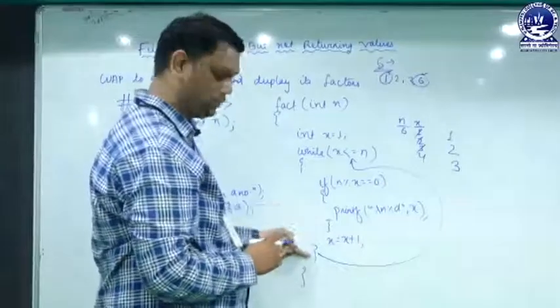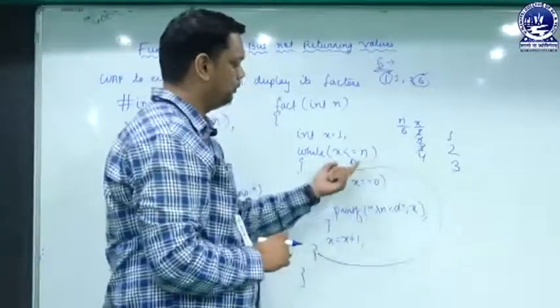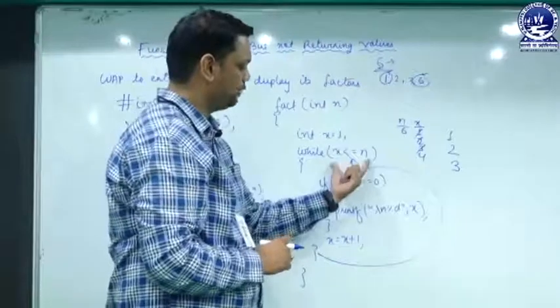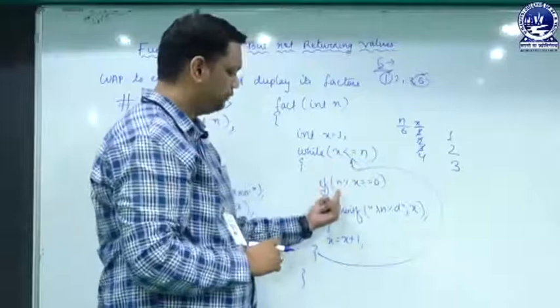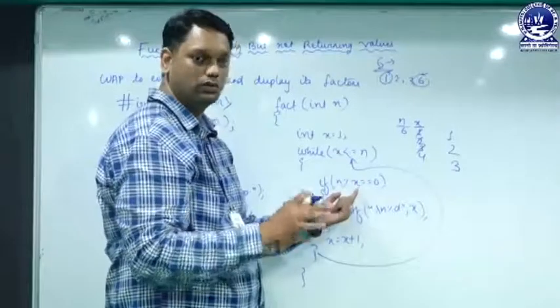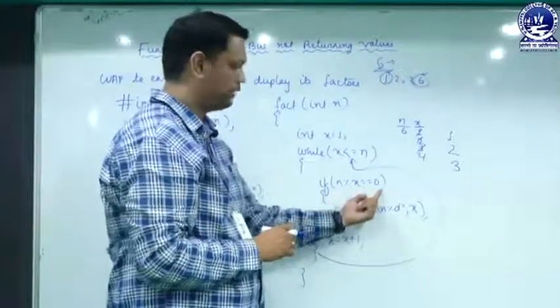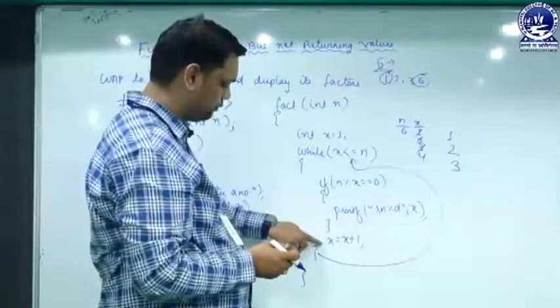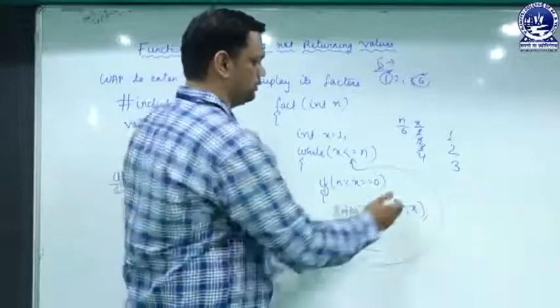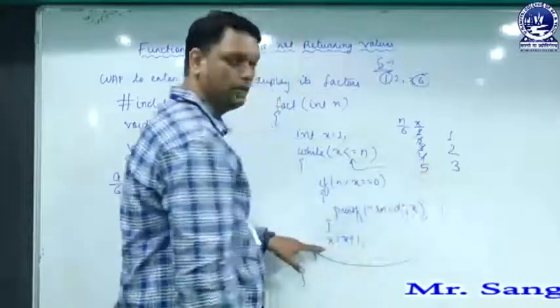Now when it comes to this curly bracket, it will be redirected to this condition. So x is less than equal to n, 4 is less than equal to 6, yes, true. It will come over here, 6 is divisible by 4, no, 6 is not divisible by 4. The remainder is something other than 0. So it will not enter the block over here. It will come to this point, x equal to x plus 1. So x will be incremented to 5.